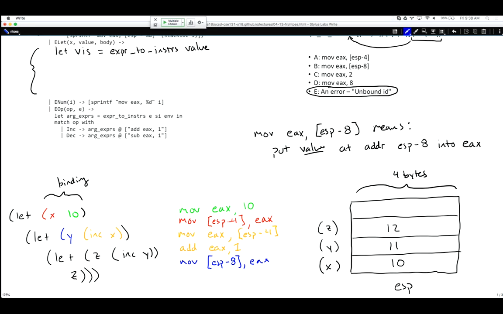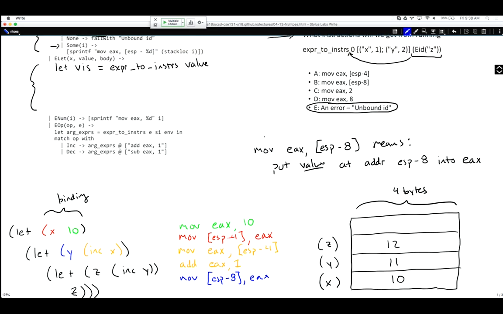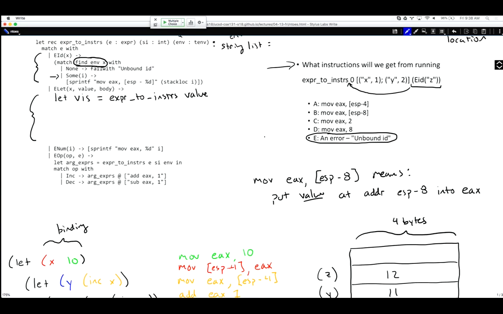Now, we have these other two parameters to expr to instructions. And in fact, one of them we didn't really talk about, this SI one. What the heck is that, right? But we talked about the environment one. So the way to think about these two things, the way to think about SI and the environment,